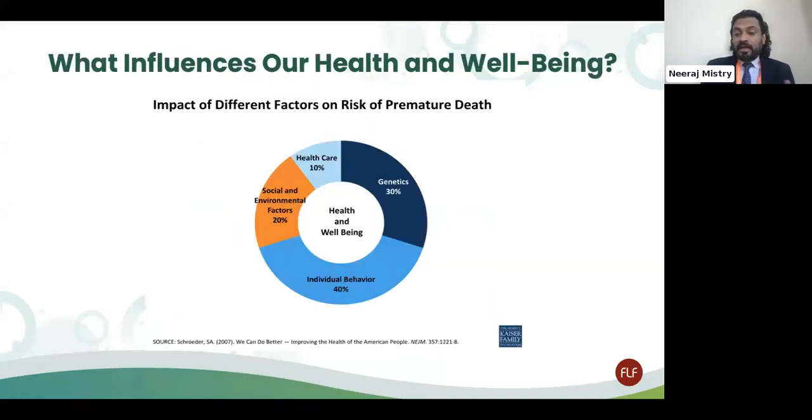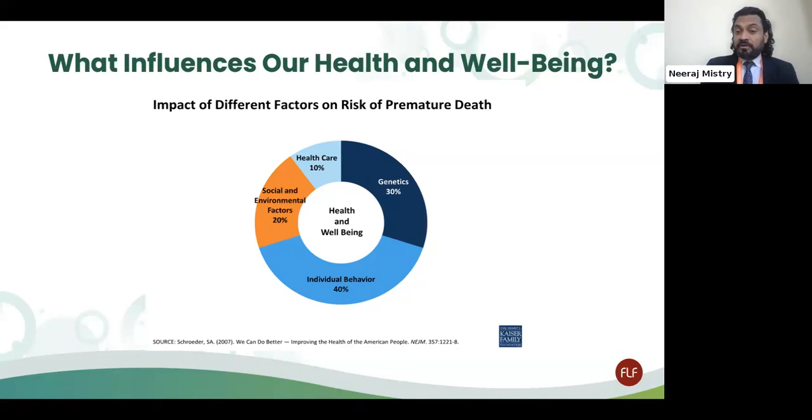Next slide, please. From a public health point of view, I think this is also very interesting. When we look at the well-being of any individual, the contributing factors are individual behaviors, which are the vast majority of it, 40%, and include alcohol consumption, exercise, lifestyle factors, smoking, and, very important with fatty liver disease, diet: what we eat, how we eat, and how much of it we eat. So that contributes to an individual's health and well-being.